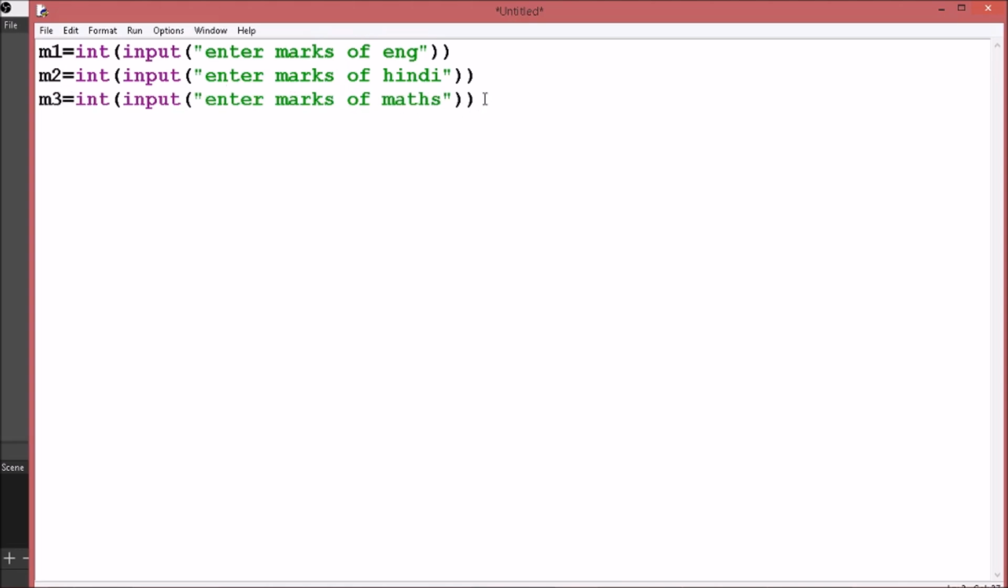Now proceeding further, we should find the average marks, which will be obtained using M1 plus M2 plus M3 divided by 3. Now to check for the grade, I'll check if